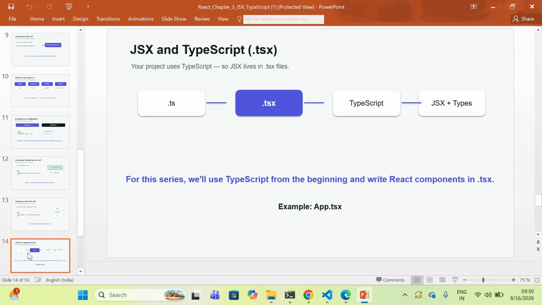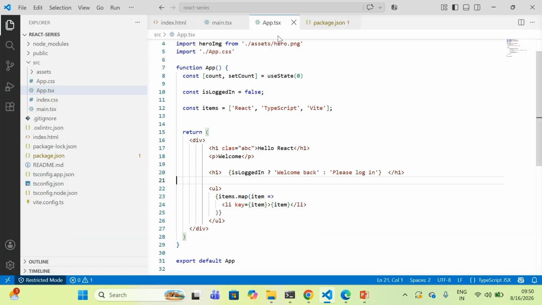So when we create a React component containing JSX, we normally put that component inside a .tsx file, as you already saw here, App.tsx. This is the approach we will follow throughout the entire series. So from this point onward, when you see .tsx, you will know exactly why it's there.